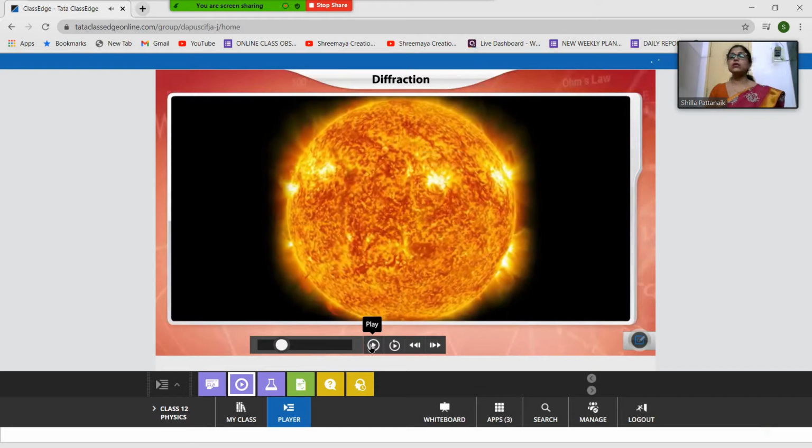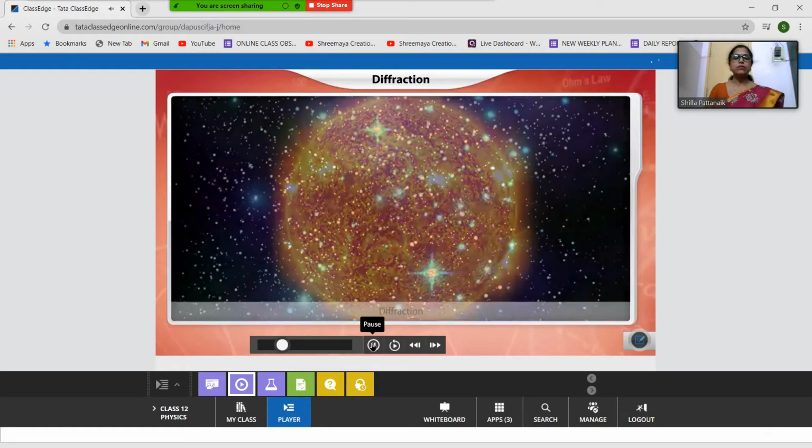Yes or no, students? Do stars have any spikes? No, because they emit light, and you know that light travels in a straight path. So all the light should come to us in a straight path. And where are these spikes coming from? Conical, pointed spikes, where are they coming from? That is because of the phenomenon of diffraction. Okay, continue watching the video.